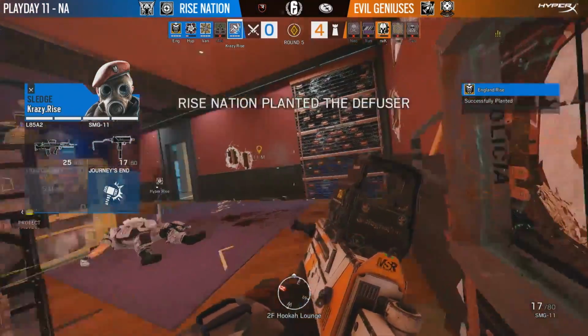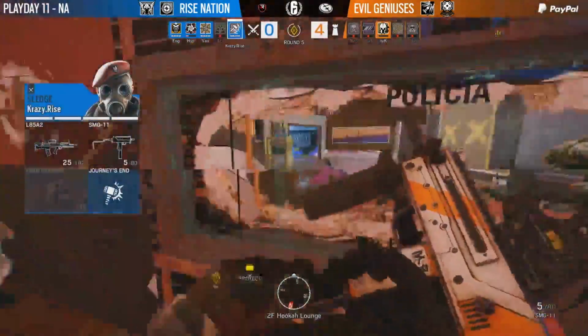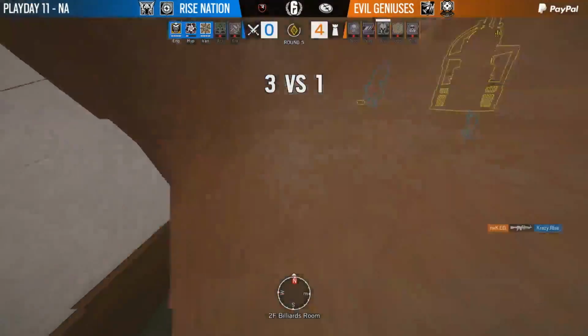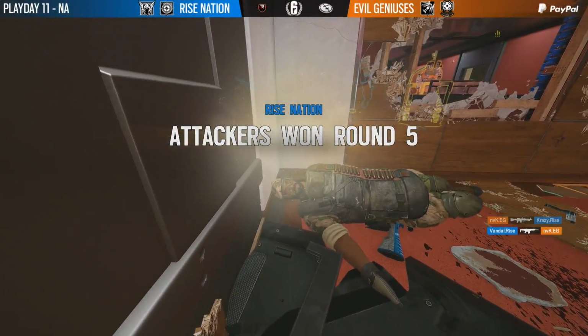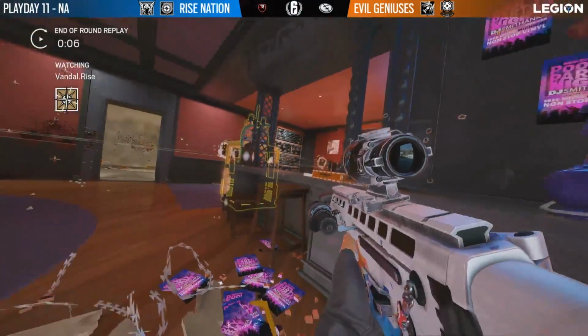Sights trained on where NVK is, and there's no way he's getting out of this alive. He's going to come around the corner, and he's going to eat quite a bit of damage from that SMG-11. He'll take out Crazy, but there's likely somebody there to trade, and it'll be Vandal. As Rise Nation took a little bit longer to find their footing and be able to take NVK out,